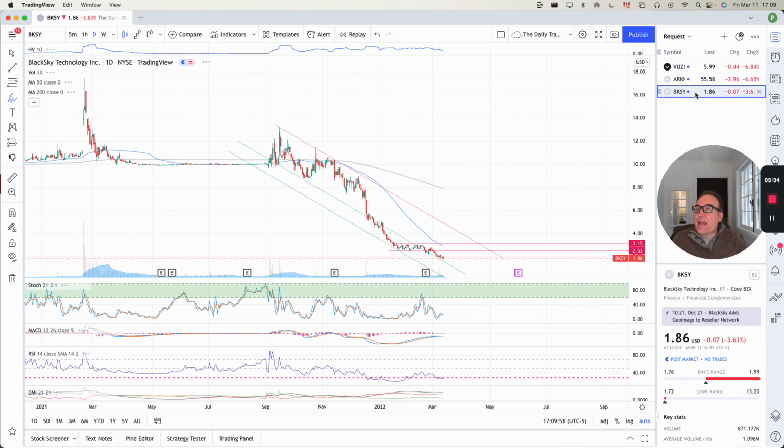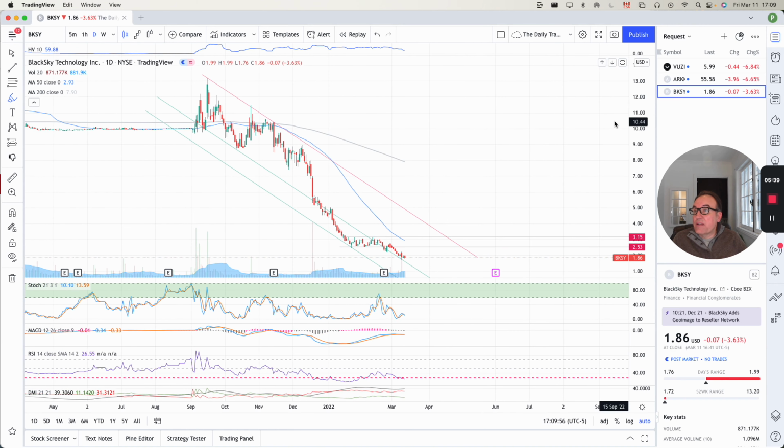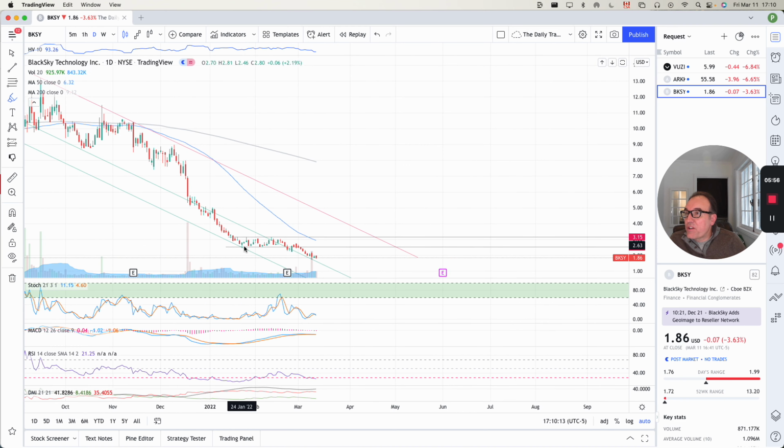Let's look at this one again. I think we looked at it before. Yes, we looked at it before. So look at the lines. The lines are still valid. This is a big case of double support. It's fair to ask me the same stock. I don't mind. So double support coming down right here. So we had a little bit of a congestion zone